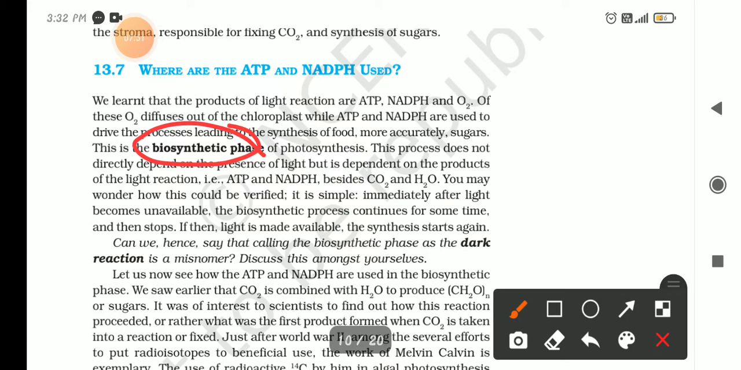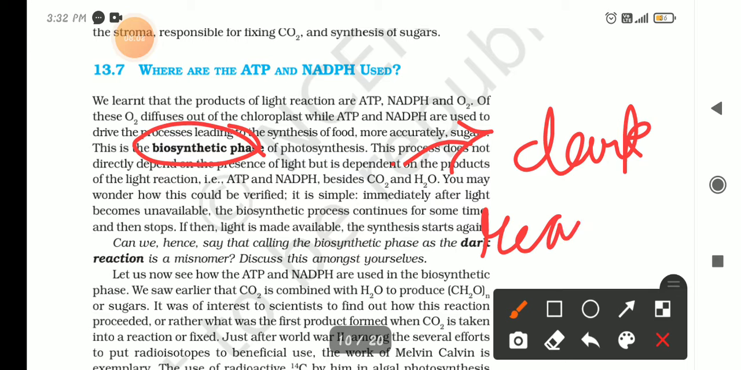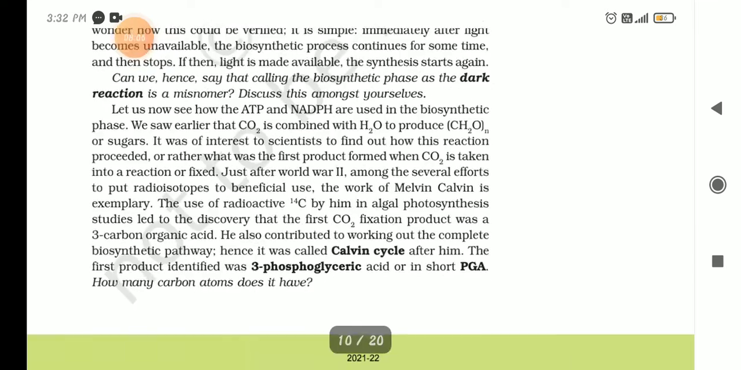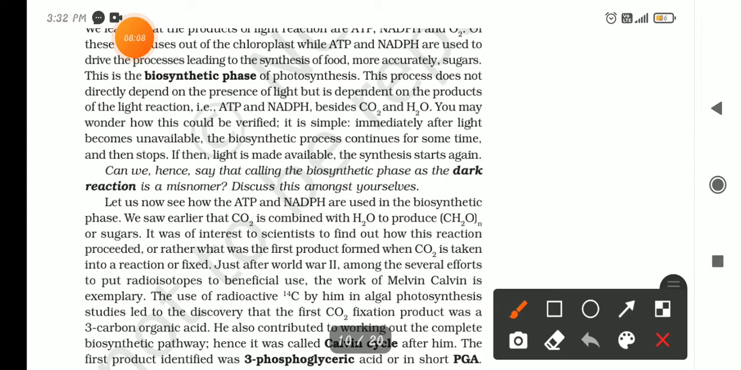This process does not directly depend on the light, because it depends on the product of the light reaction, and that is called the dark reaction. You read about it, right? Dark reaction. Look, this is the difference between light reaction and dark reaction: